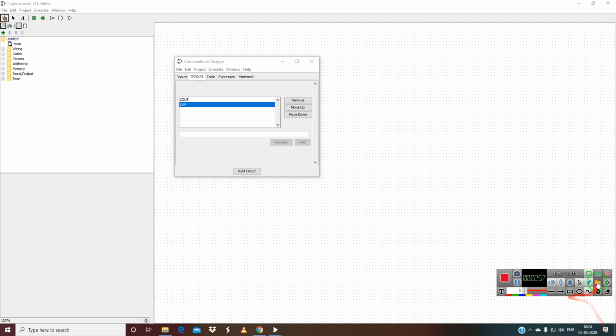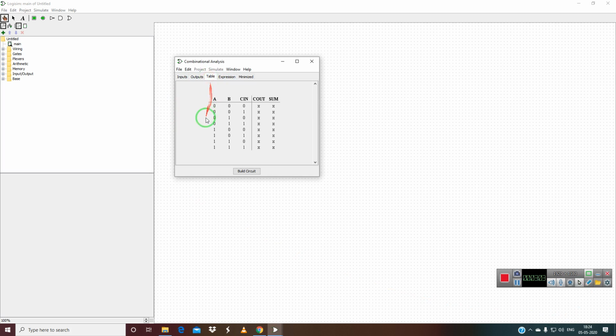Then after that we have to go to the tables. So the table is formed. Here C in and all are given, 3 inputs. So all zeros, it will also be a 0. So here also 0 0 0. It is an adder circuit, so C in is not counted as a thing. So this is also 0. Just type the truth table for the full adder. Then the circuit will be formed.